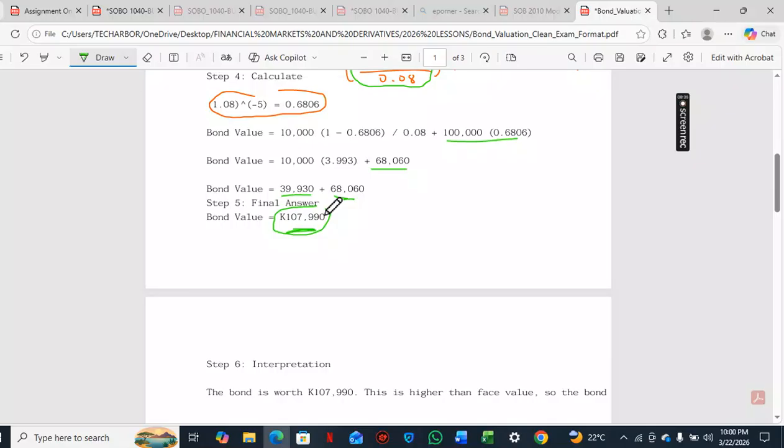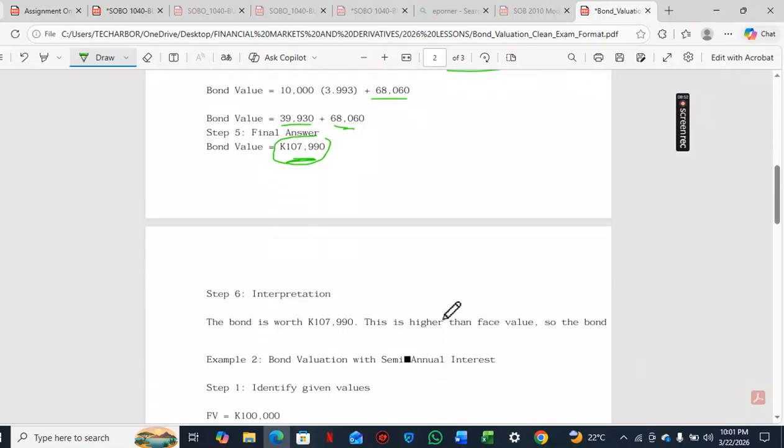On the 5th year you receive your last 10,000 interest payment and the par value or face value of the bond. So yes, this bond is selling at a premium. What you're paying for the bond is greater than the par value. So you say the bond is selling at